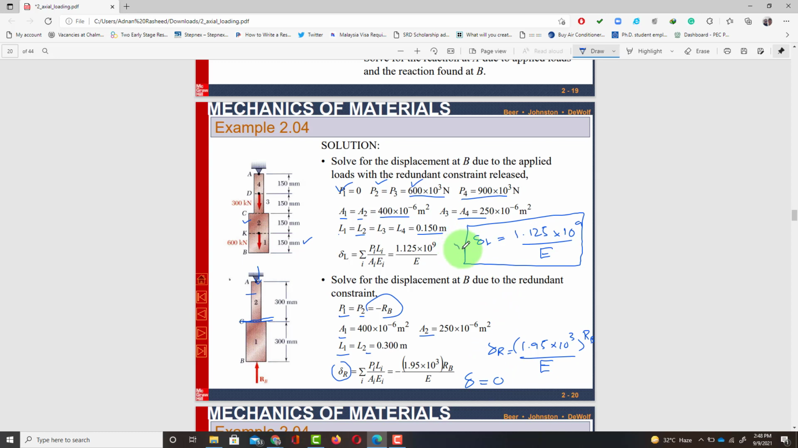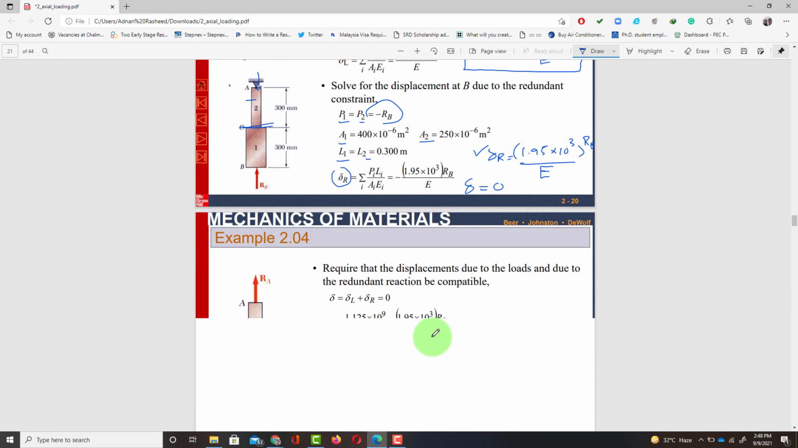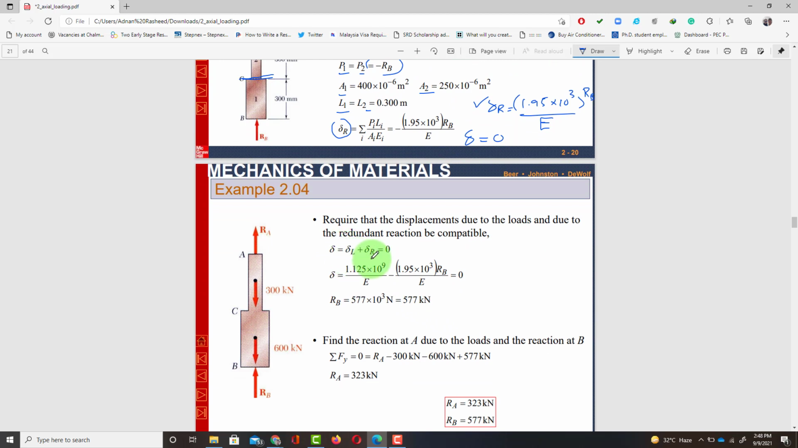Now it is given that total strain is equal to 0. So the sum of these two must be equal to 0. When these two are added, the value of sigma L and sigma R is inserted, and that should be equal to 0. So now there is one unknown, RB. If you put in the value of RB and you have E, you can calculate the reaction force at point B,